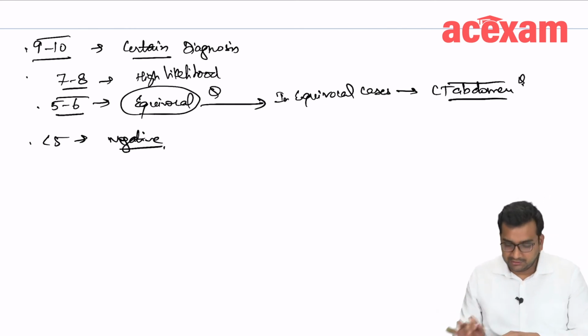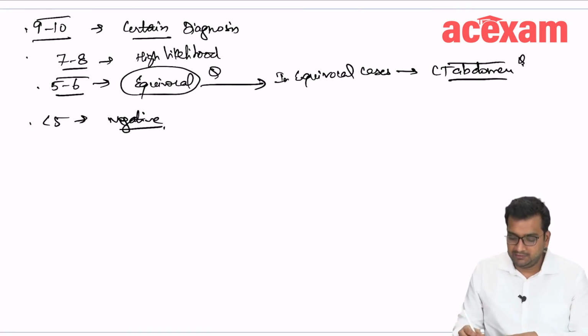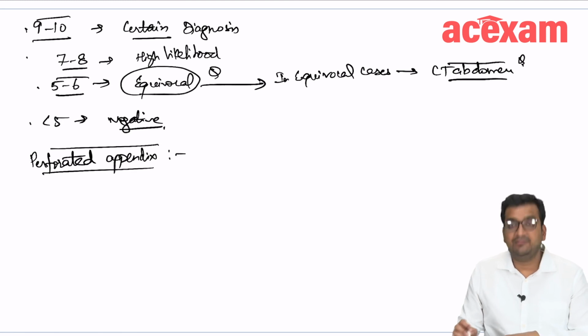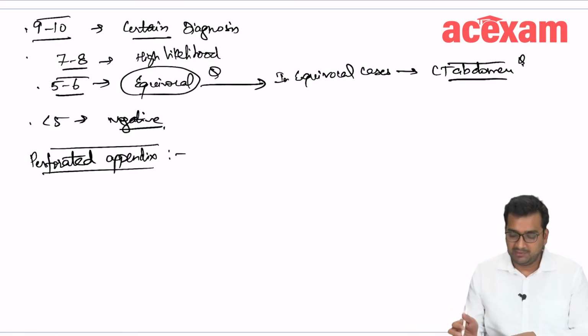Okay. So, this is how we diagnose. Now, there is perforation in the appendix sometimes, or the perforated appendix. What are the factors or features which increase the risk of perforation in appendix? So, increased risk of perforation